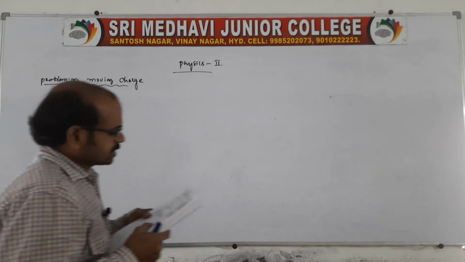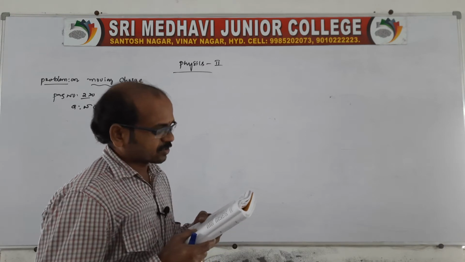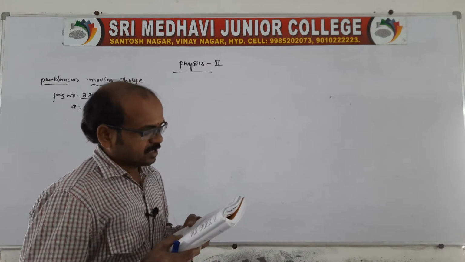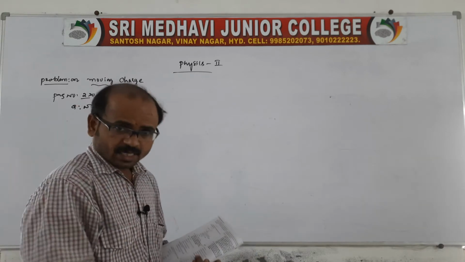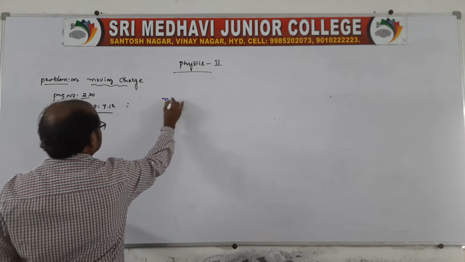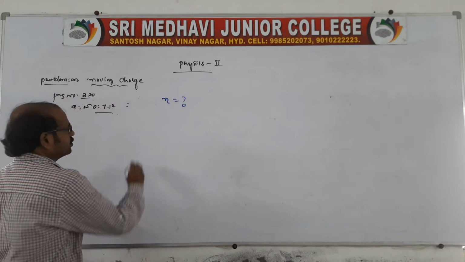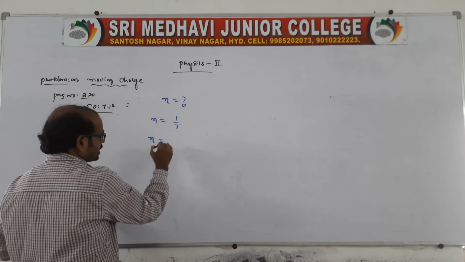So the question in exercise 7.11: obtain the frequency of revolution of the electron in its circular orbit. Does the answer depend on the speed of the electron? The answer is no, it does not depend on the speed of the electron. From the above problem, find the frequency. But we know frequency is nothing but 1 by time period, right? The frequency formula is 1 by time period, no?